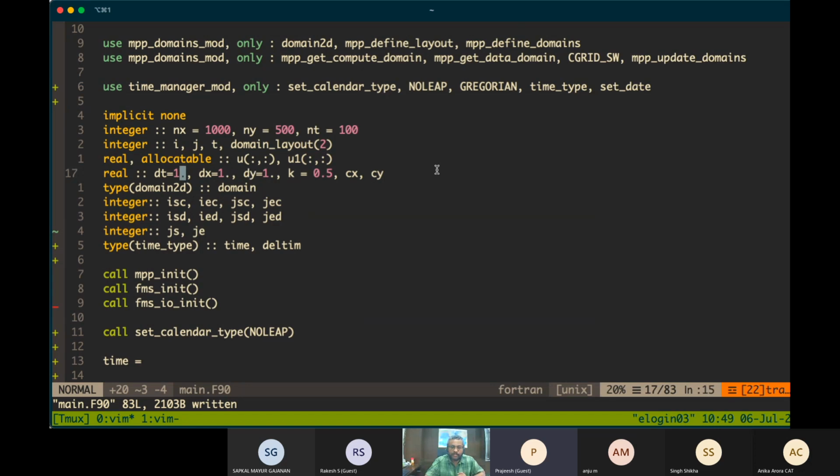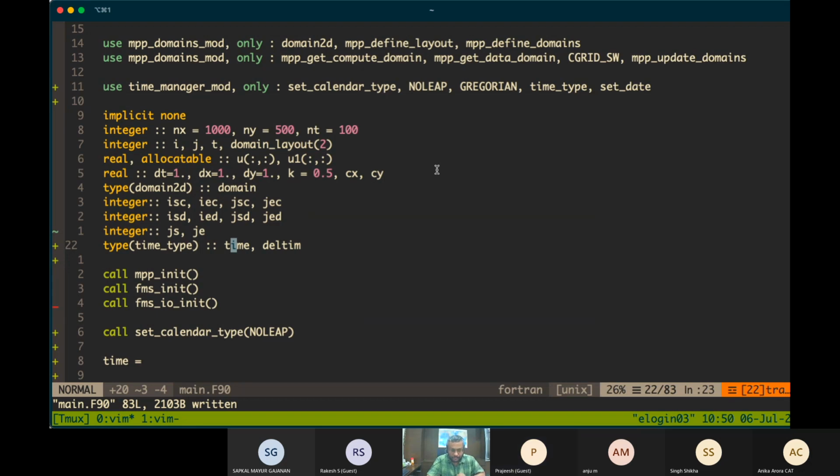It's just a value like that. But del time is a time type, and you should give a real value for that, like hours or seconds. That will be exactly the time step which we are using, because what we will be doing is incrementing the start time with deltim at every loop.